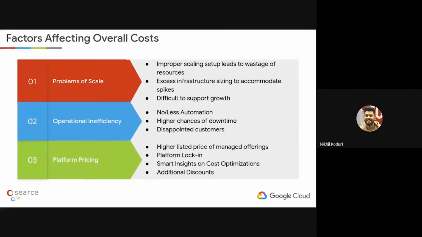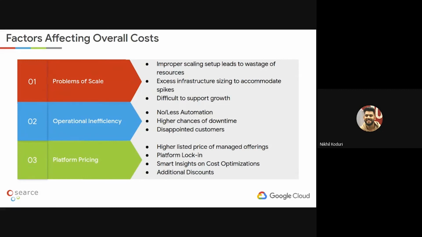There are some factors that would affect the overall cost. That is the problem of scale. If you don't have the right amount of scaling, you're going to over-provision or under-provision, and end up spending a lot more on the application that you are deploying. If you don't have operational efficiency, then there's no automation, and you're spending more time and more on downtime because you don't have proper deployment practices and deployment pipelines.